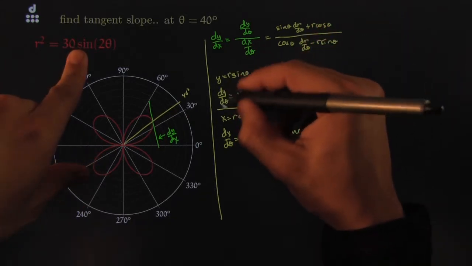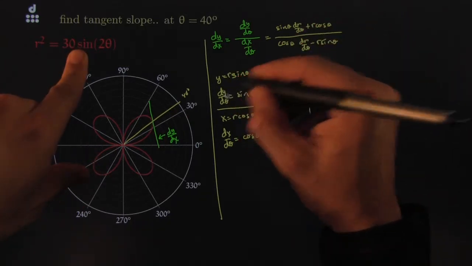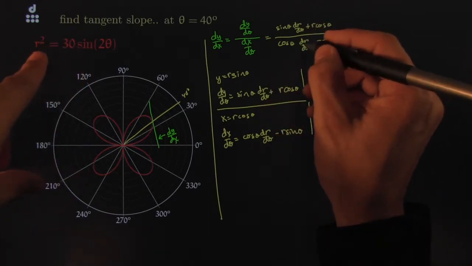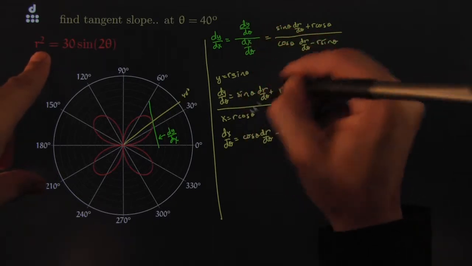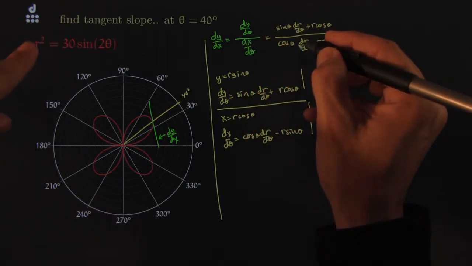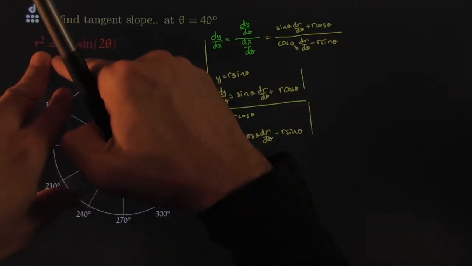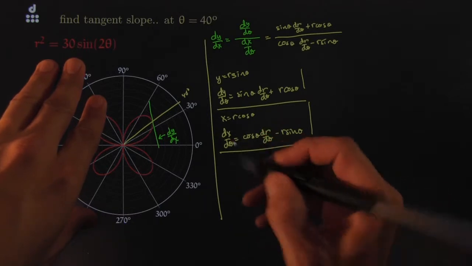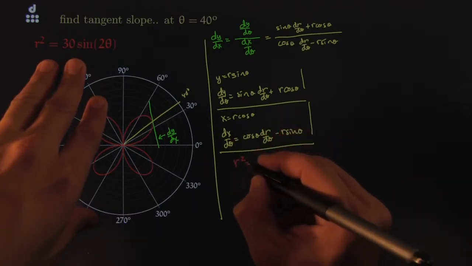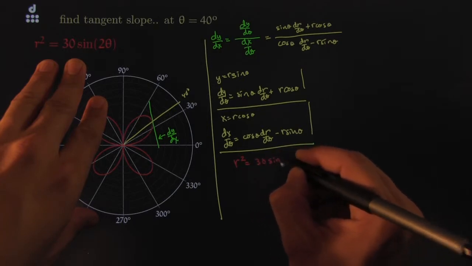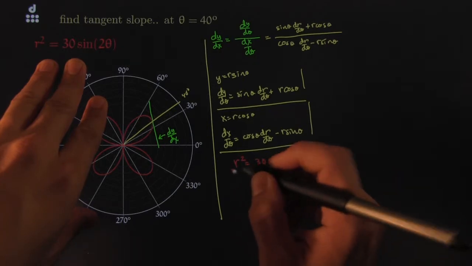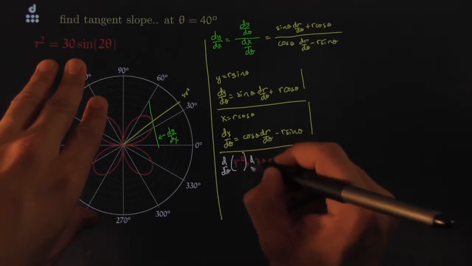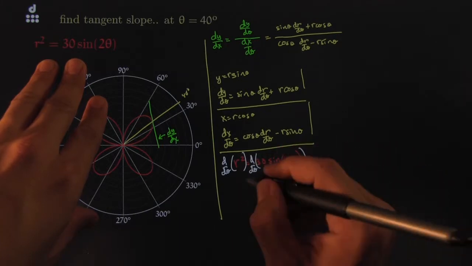I can see that the dr d theta I need to get from here. I've already substituted my dy d theta and my dx d theta. I need to figure out what this guy is, dr d theta. For that I'm going to use my original function here, r squared. So here I have that. I'll write it on this one. r squared is equal to 30 times sine of 2 theta. And then I'll take a derivative on both sides, d theta on both sides. That would get me to